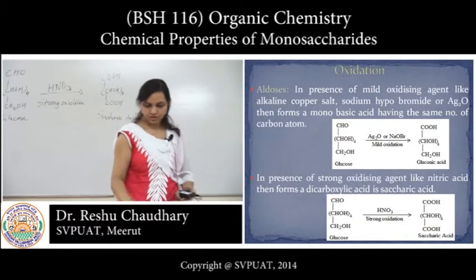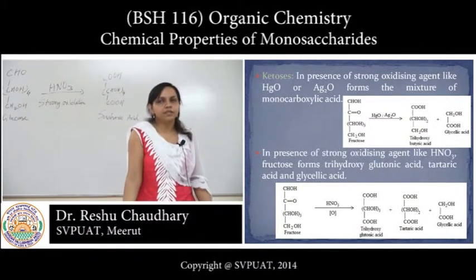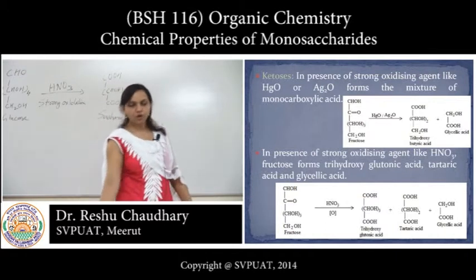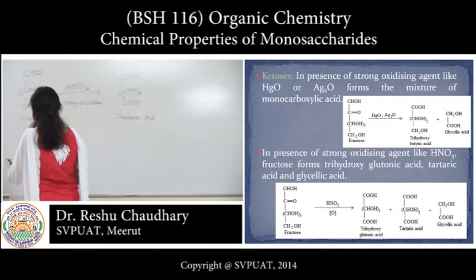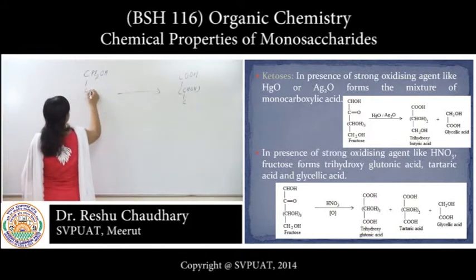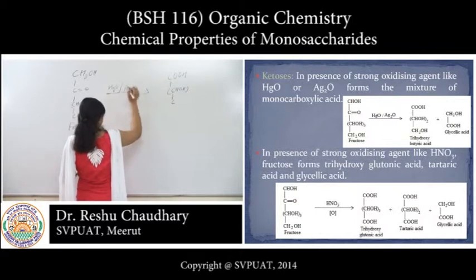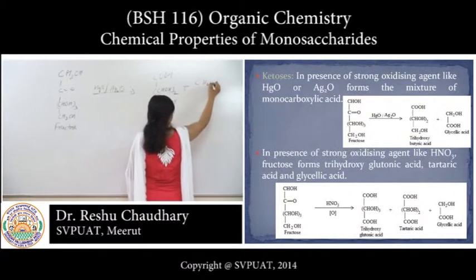Now the next reaction is of ketoses. As we know, fructose is the main example of ketoses. In the presence of a mild oxidizing agent like HgO or Ag2O, it forms a mixture of monocarboxylic acids. And in the presence of a strong oxidizing agent like HNO3, fructose forms trihydroxyglutaric acid, tartaric acid and glycolic acid. So fructose forms these types of acids, and the reaction will be, this is the structure of fructose, in the presence of HgO or Ag2O, then forms different types of acids,